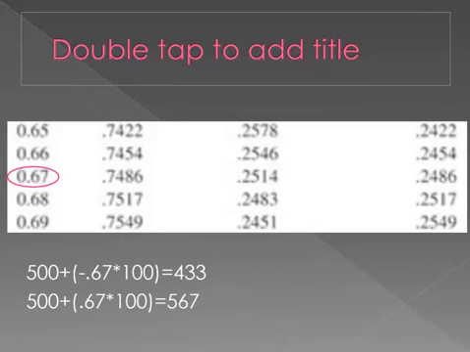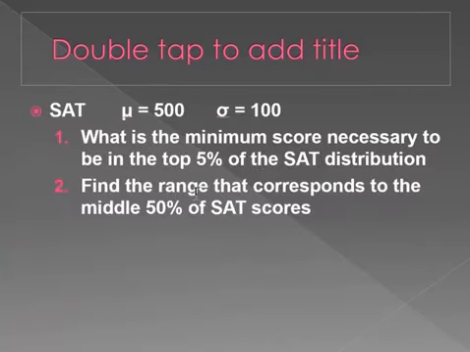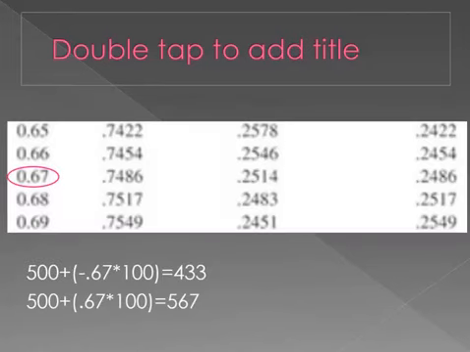And remember, the question is asking us to find the range of scores, not z-scores, but the range of SAT scores that correspond to the middle 50% of the distribution. So now we need to use that formula that allows us to find the raw score, but we need to do it for a z-score of negative 0.67 and a z-score of plus 0.67. And here's the math on it. So for the z-score